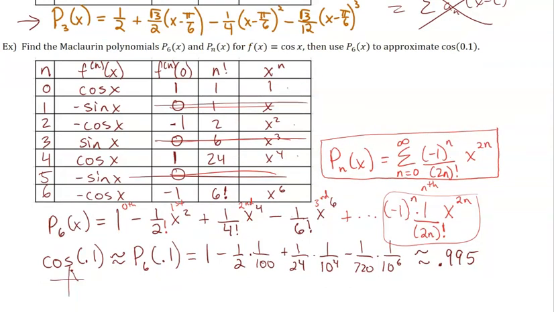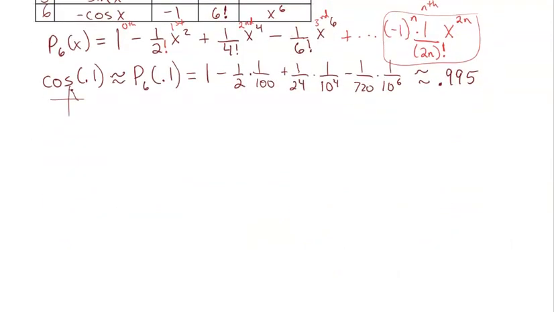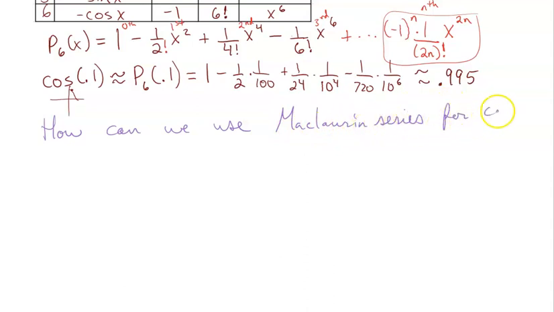Now there is one more thing. It doesn't tell me to do this, but there is one more thing I want to look at here. We will have some questions that ask us, how do we use one Taylor series to obtain another? So let's say that we had another part to this question, and it said, how can we use the Maclaurin series for cosine x to obtain sine x? Now, if I want a Maclaurin series for sine x, I could fill out a new chart and do that,